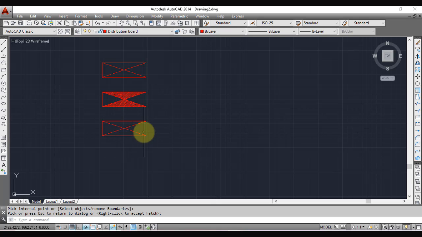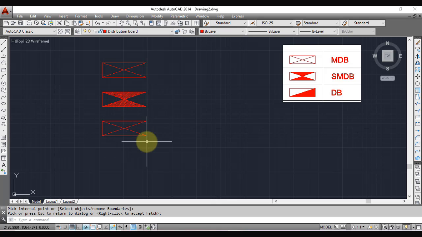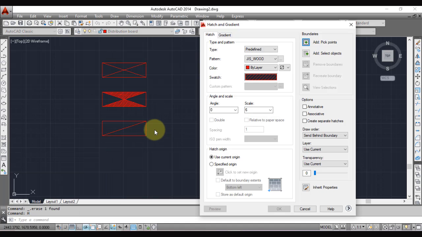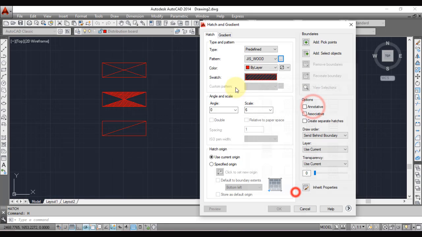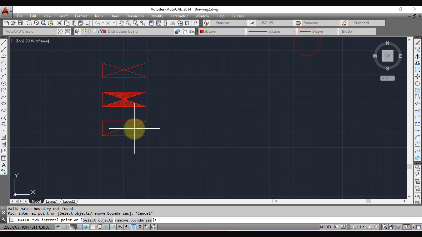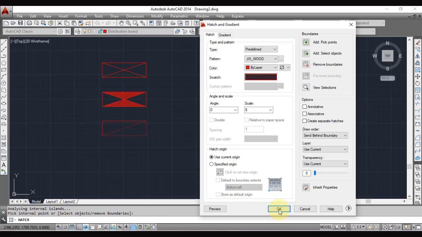Now after the SMDB we have distribution board DB. For distribution board I am deleting this line and taking hatch pattern in this part. Again H enter, select pattern, scale value, then add pick points, select the closed area and press enter, and finally